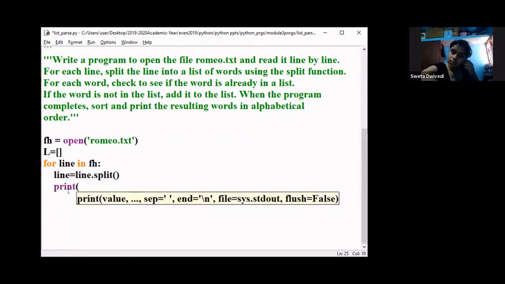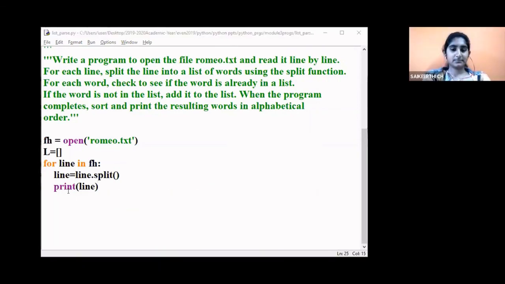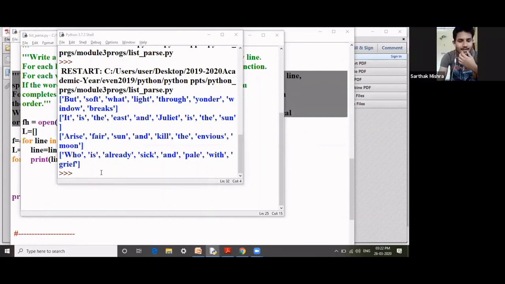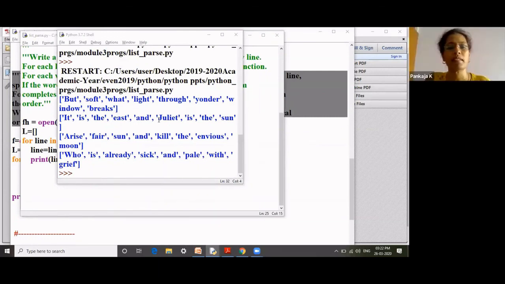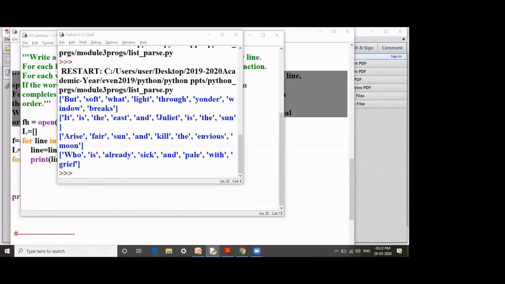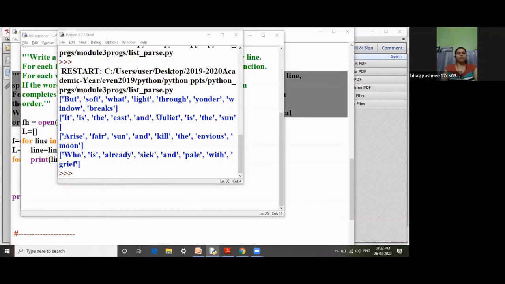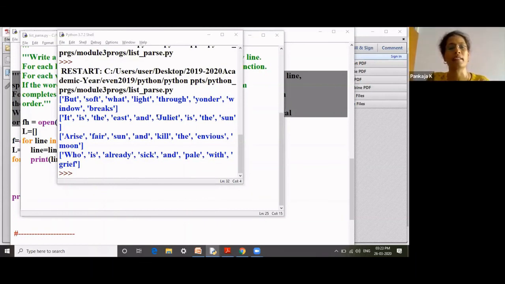Print line. If you see here, these were actually there in the romeo.txt. Now what we have done here is, in every line, we have split it into a list of words. So how many lines do we have? 1, 2, 3, 4 lines.